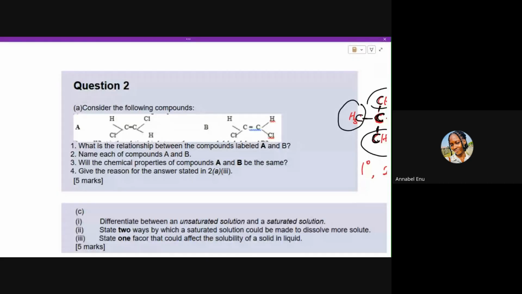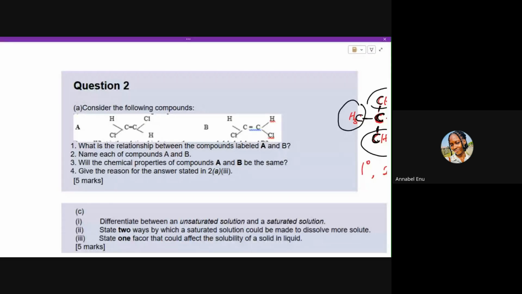So a proper way to answer this question is to say both of them are geometric isomers of each other. So your last answer is the correct one. They are trans and cis isomers of themselves because their structures look different, but because of the positioning of the chlorine, we know that they are isomers